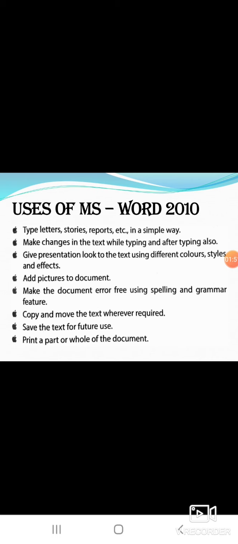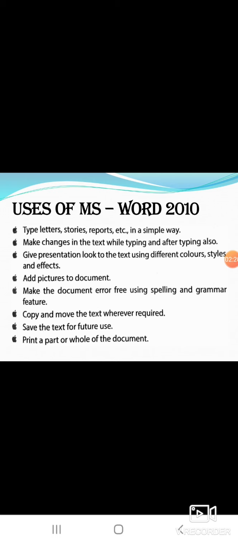What are the uses? We can type letters, we can type stories, whatever we need. While typing, we can make changes also. Then we can give presentations, add colors, change the fonts, change the style, and add pictures also.